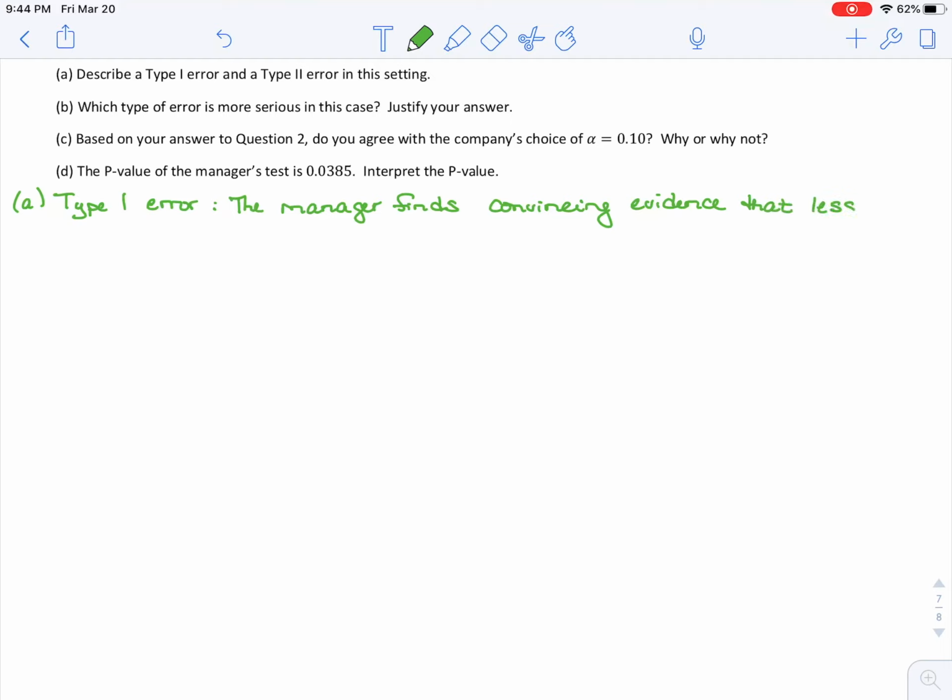So they rejected that it was equal. They found convincing evidence that it's actually less than 63%. And of course, in context of drive-through customers, the wait times are longer than 2 minutes. And again, that's the wrong choice. So if they decide that, but the true proportion